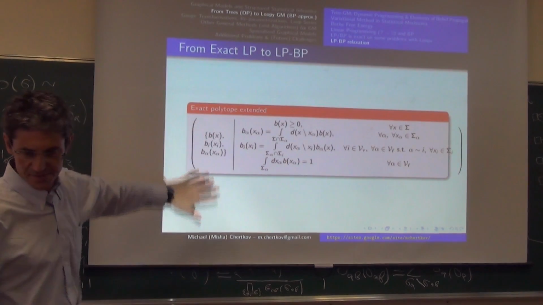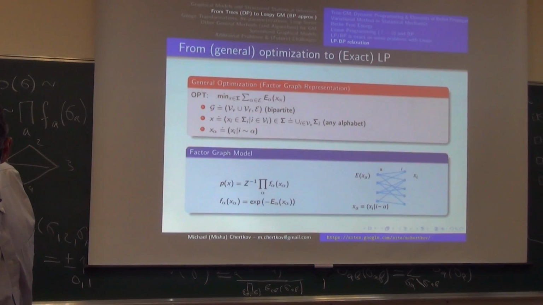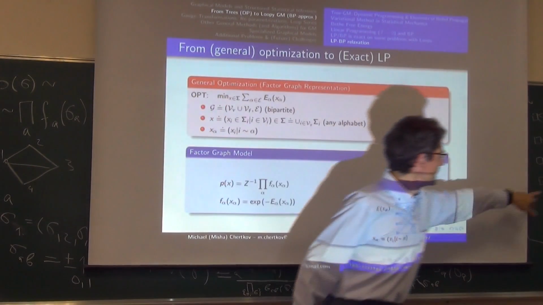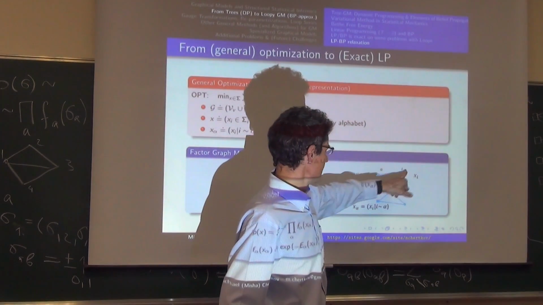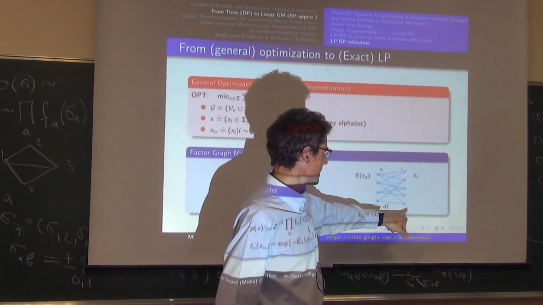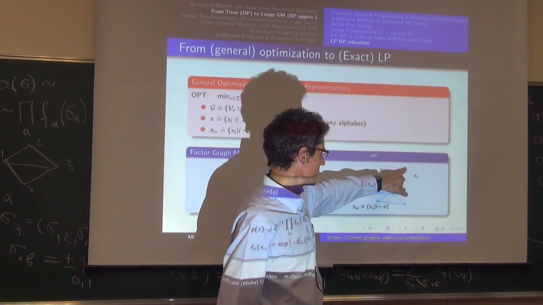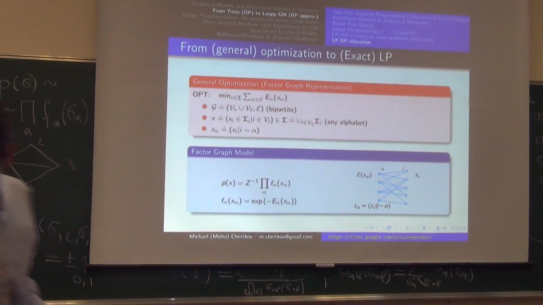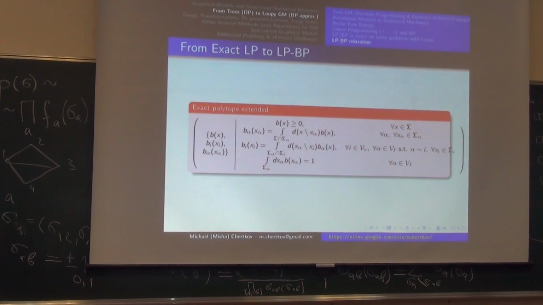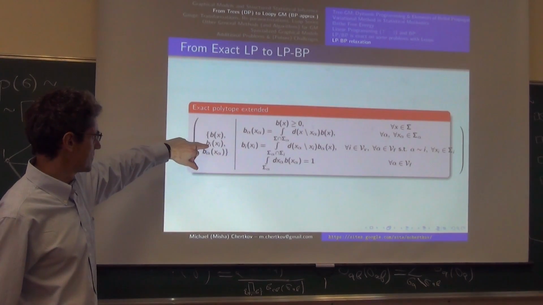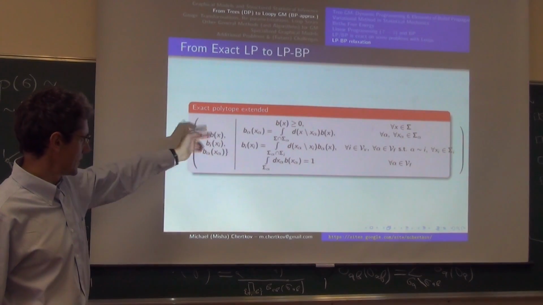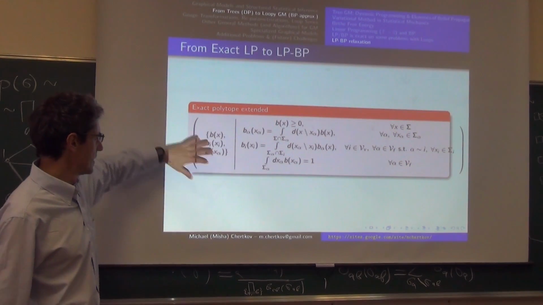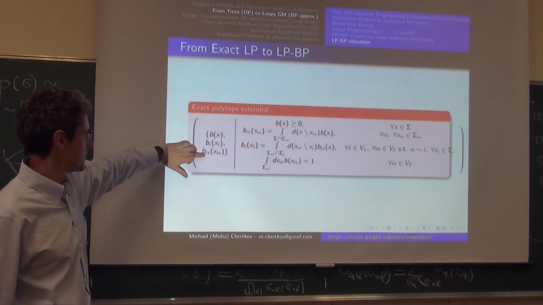I introduce these beliefs associated with vertices. Actually, let me backtrack. So here I'm discussing it in this format, in the format which I put on the left. So bipartite graph. So it's a factor graph model. My variables are on the right, my factors are on the left. Just a little bit more convenient to do it in this way. So I introduce beliefs associated with variables. I introduce beliefs associated with factors,